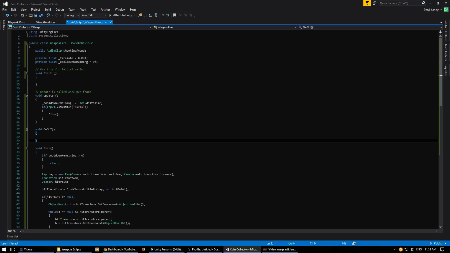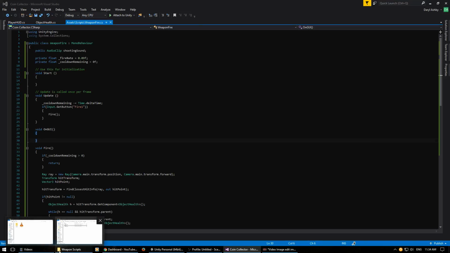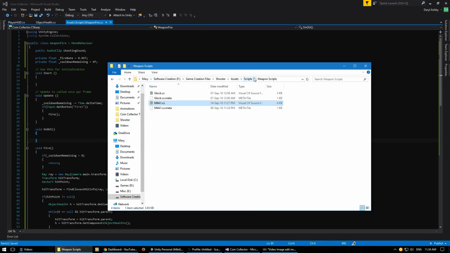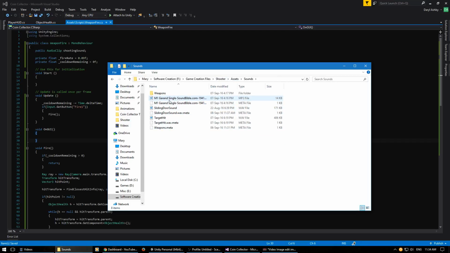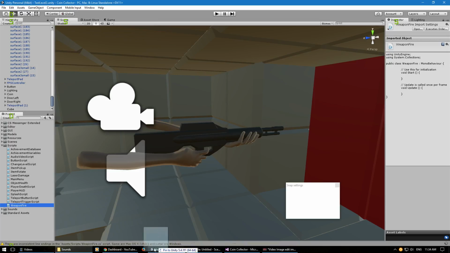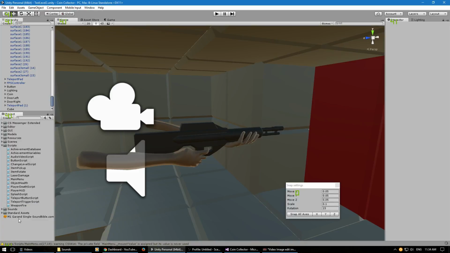Actually, I'm going to add the shooting sound in here so I can actually hear it working. In my other one, assets folder, sounds, I have an M4A1 Garand sound folder. So if I drag that in there, just as a test sound,